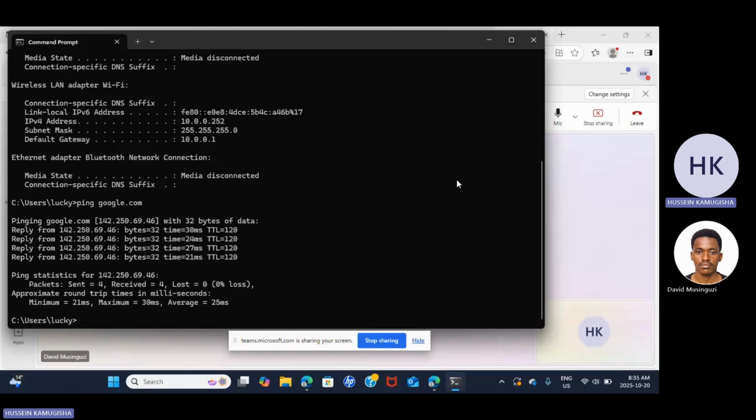Do you delete it? No, you don't delete. You still use the command prompts. There's a command prompt for releasing that IP address. Instead of where we put ipconfig, you'll put ipconfig /release.